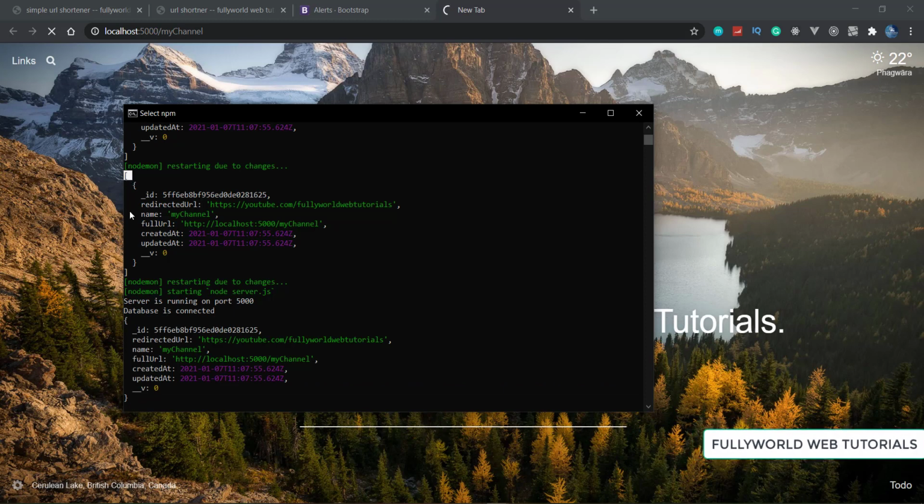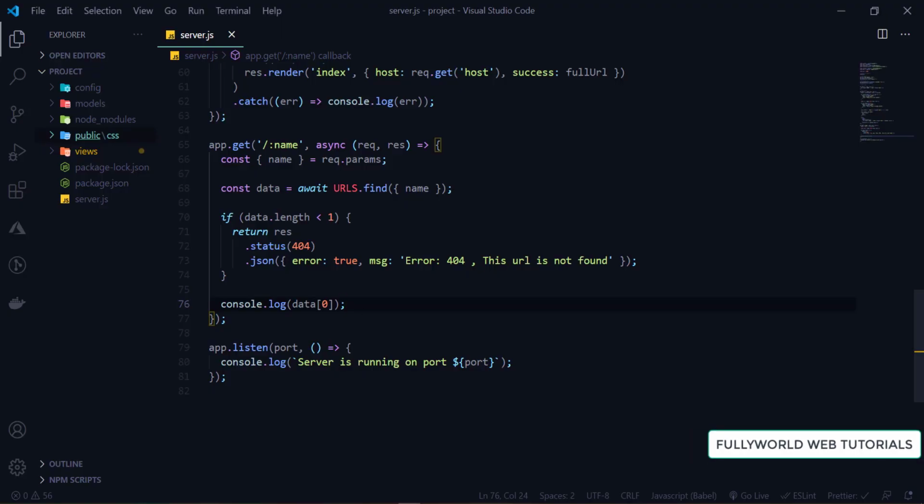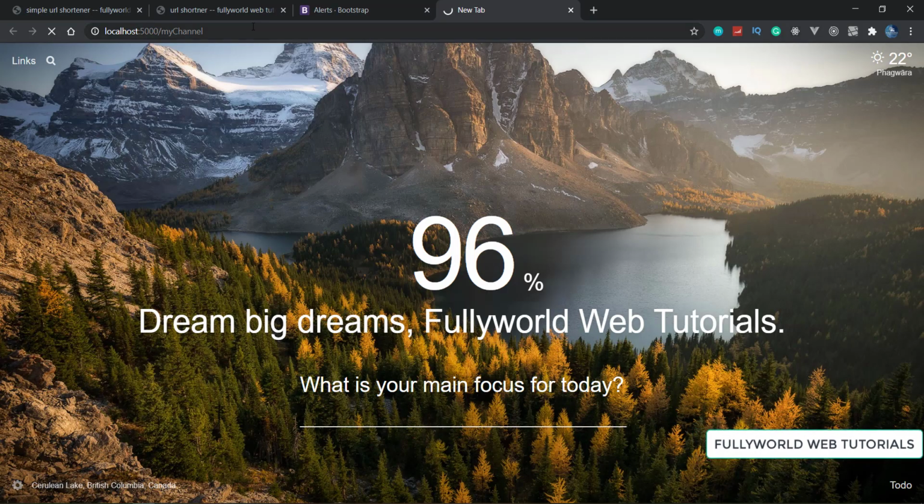So we are not getting an array now. Now we have to select redirected URL from this object. So here it will be like this, redirectedURL. Now I'm going to reload this again.